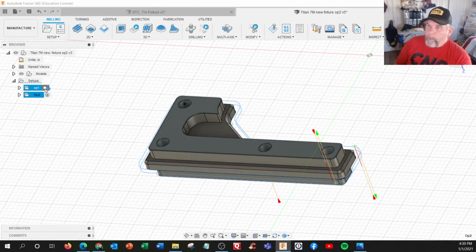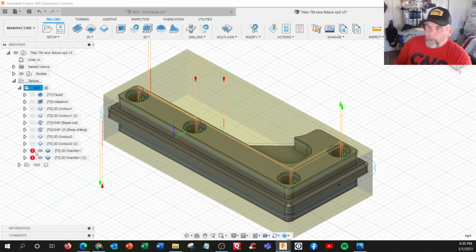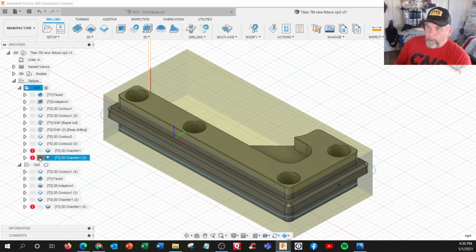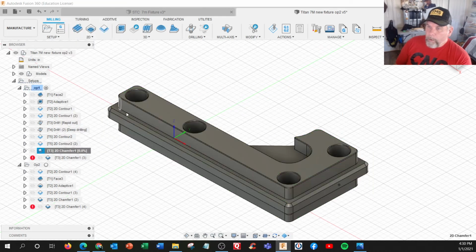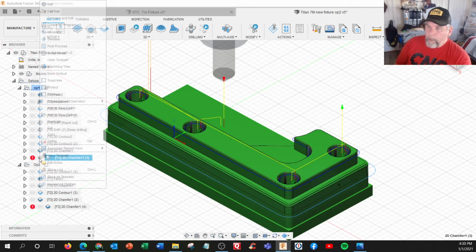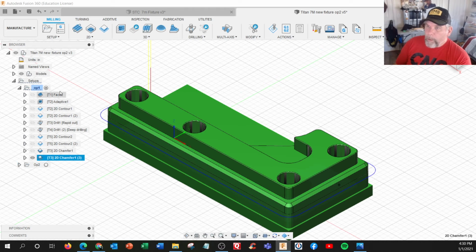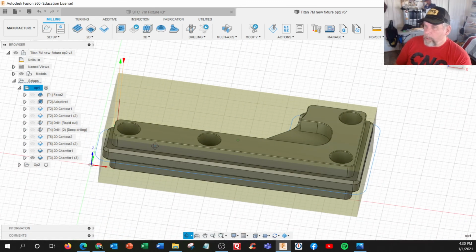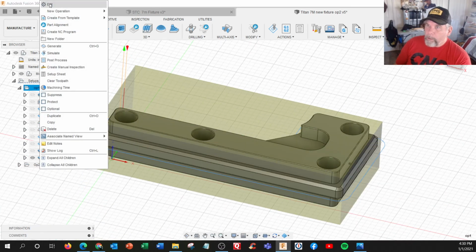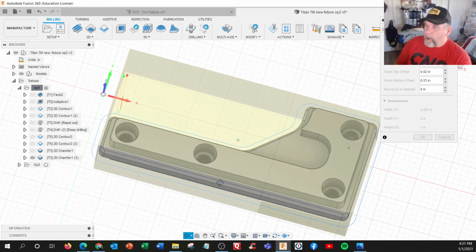All right, let me go to the manufacturer side. I'm going to go to operation 1, and this is our material here. I'm going to turn off this one, and this one, and this one. Okay, let me just fix the red, generate that, and generate that. Okay, I'm going to shut down operation 2 for now. So operation 1 is a big 1x2 piece by, I forget how long it is, 4.425 long. All right, so this is going to be a normal setup,